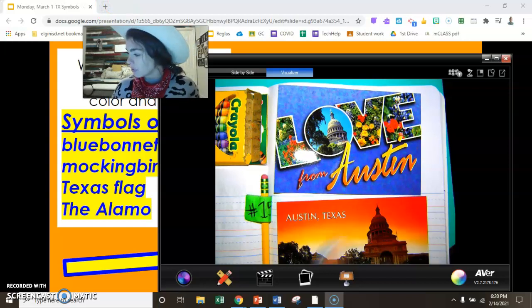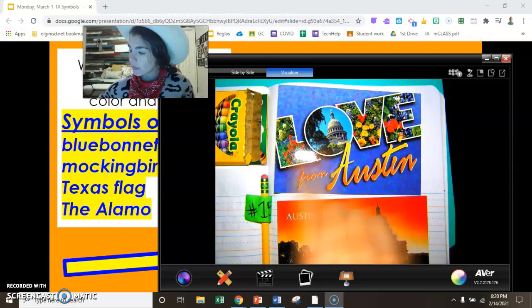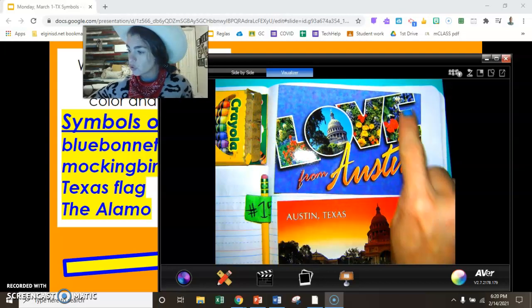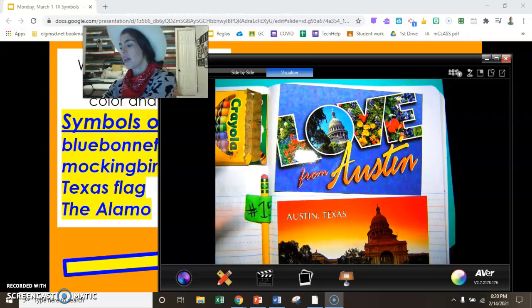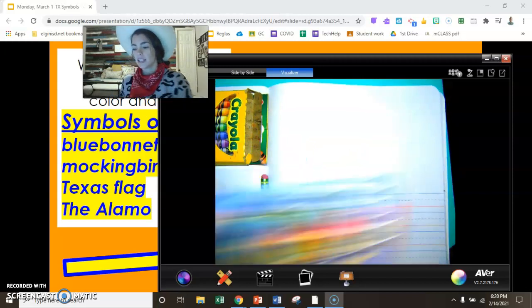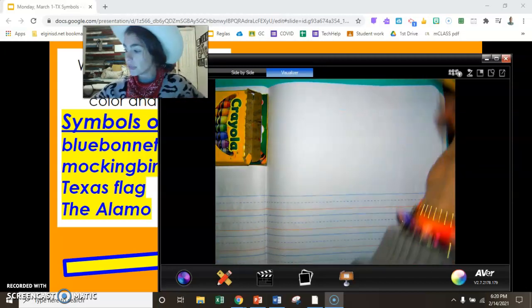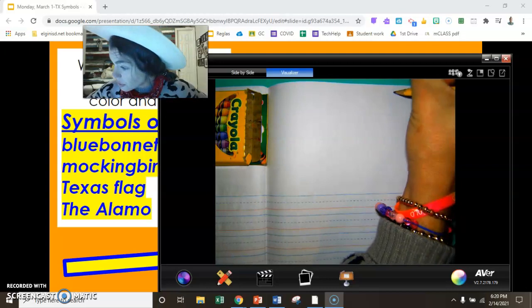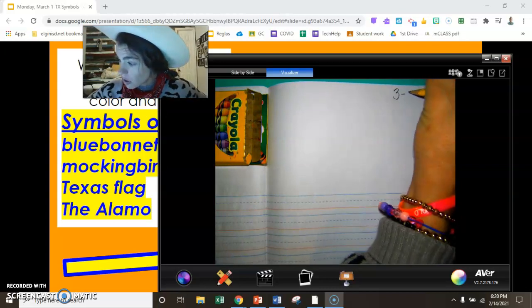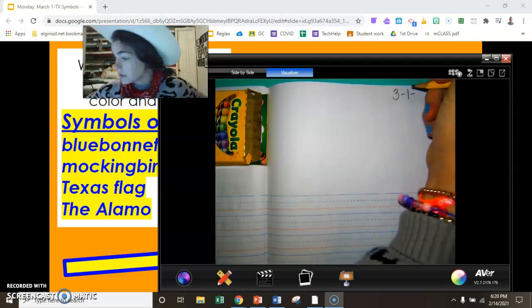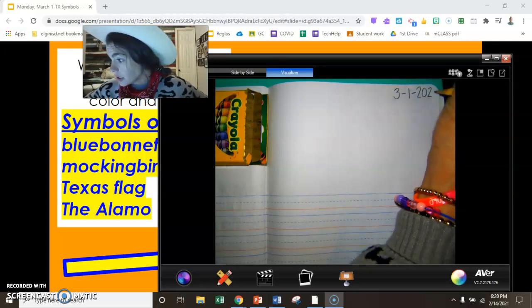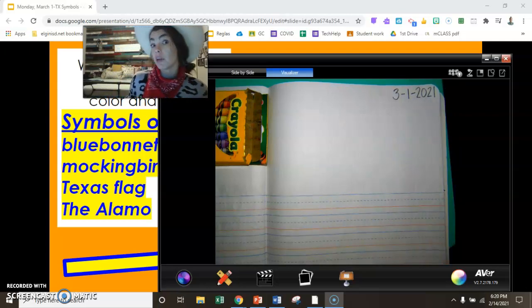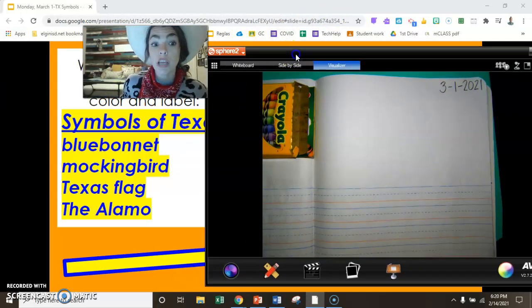With the state capitol here in Austin, I also have a picture of those beautiful bluebonnets. We will be drawing those bluebonnets today. In our journal, let's get started. First, give me the date. Today is 3 for March, 1 for the very first day in the month, and the year is 2021. Today we are drawing symbols of